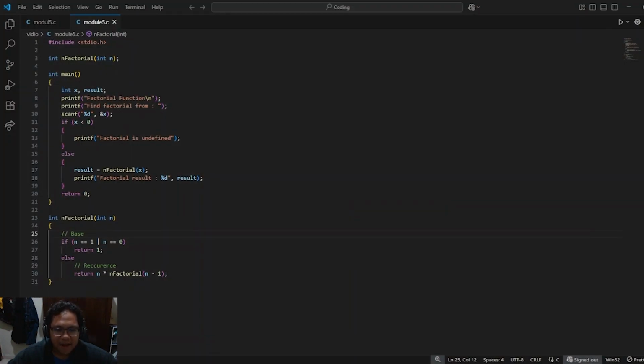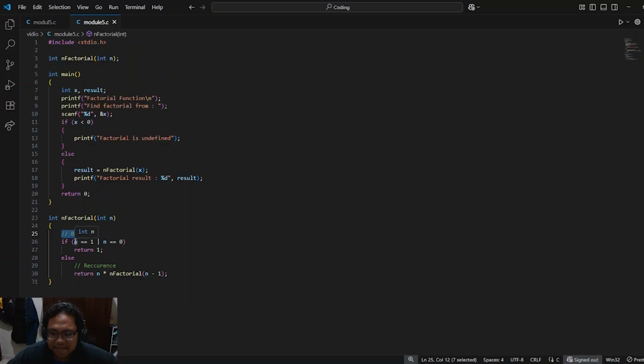Here we have a program that is used to count the factorial of a number. This time, we'll only be focusing on this function, n factorial. As I said, this function has a base, the condition to stop the recursion.